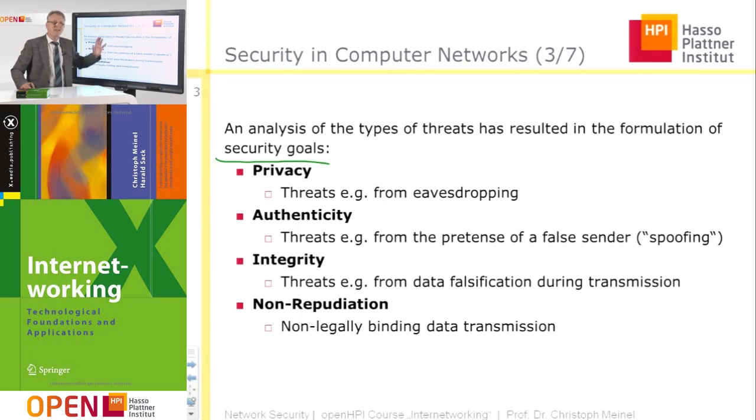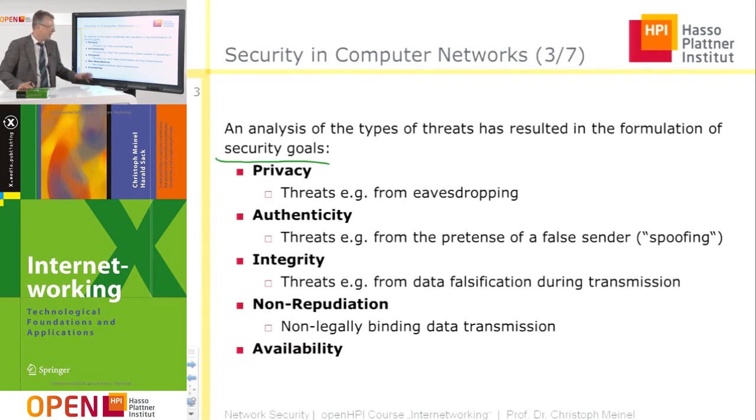So you can imagine there are many, many security goals. These are important ones. And when we think how to implement such security goals, how to guarantee that a security goal remains valid, that our information sent over the open network is not attacked in any one of these cases, we have to find ways